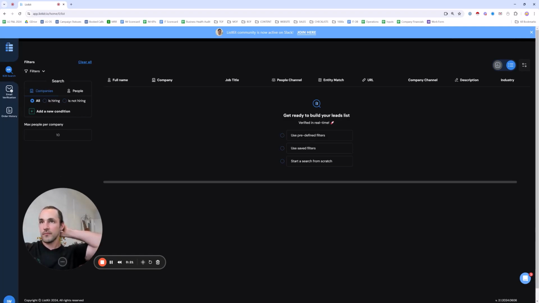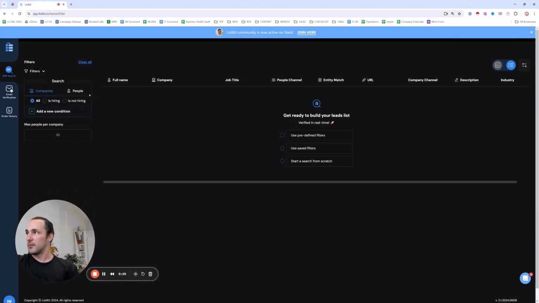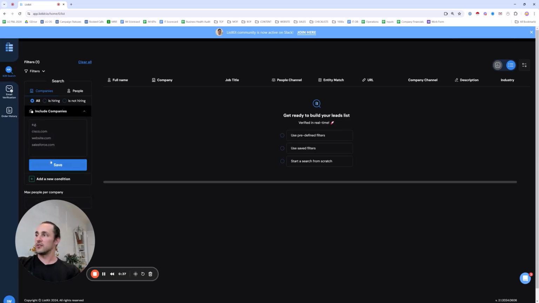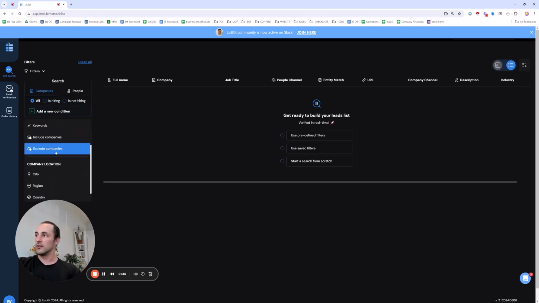So this is, again, the main platform. You have companies and people searches that you can leverage here. Basically, they have the pretty standard industry filters, the technology filters, the total employees, keywords. You can include a list of company domains. You can also exclude a list of company domains, which is really handy, especially if you are trying to